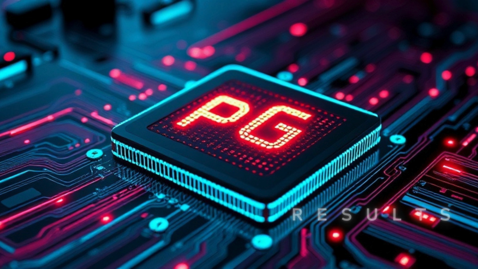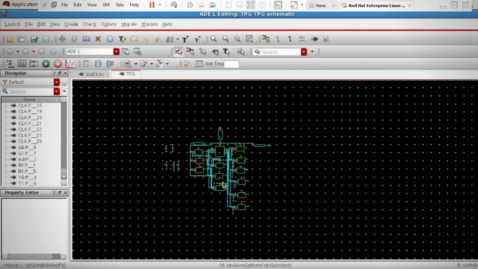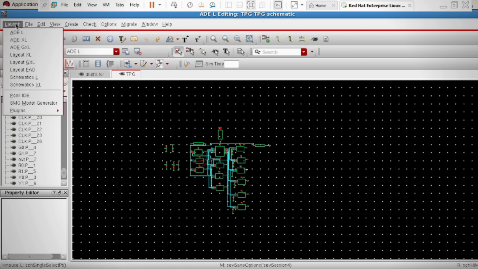Results. Open the code files in the file manager and copy the path. Next, open Cadence Virtual Software, paste the copied path, create the same file, and start execution. Launch Analog Design Environment, ADE L.